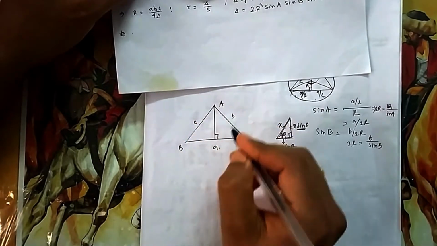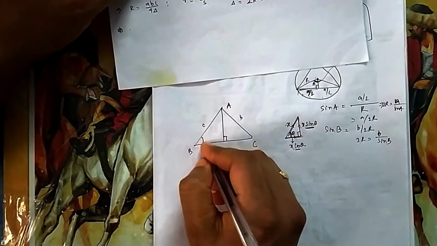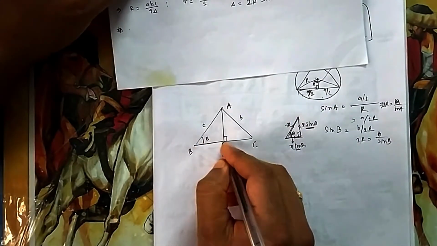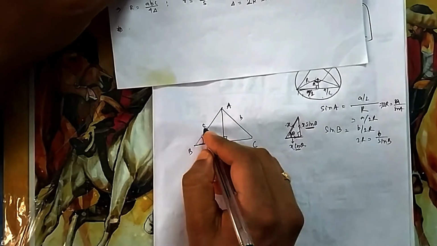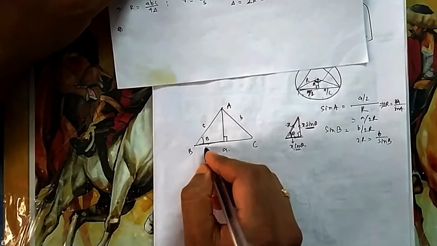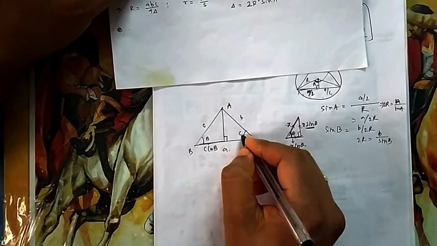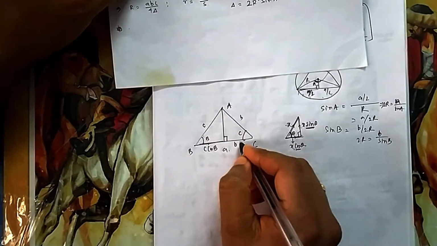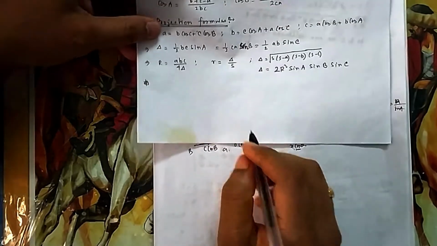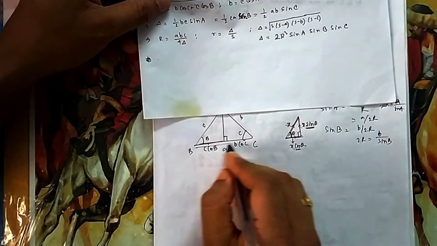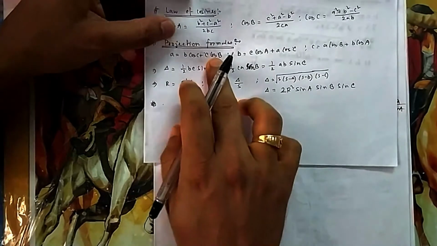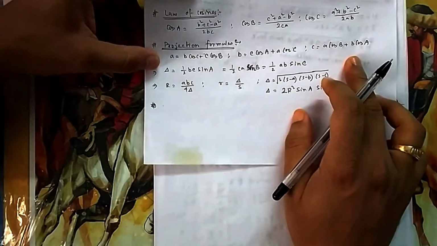So here this was C, this was B. Because this is angle B, what will be this one? If I take the right angle triangle, so C and its base component, that is C cos B. What will be this one? This is B, this is angle C, so it will be B cos C. So you can see it is B. So what will be the total A? B cos C plus C cos B. Similarly you can do for the others also.